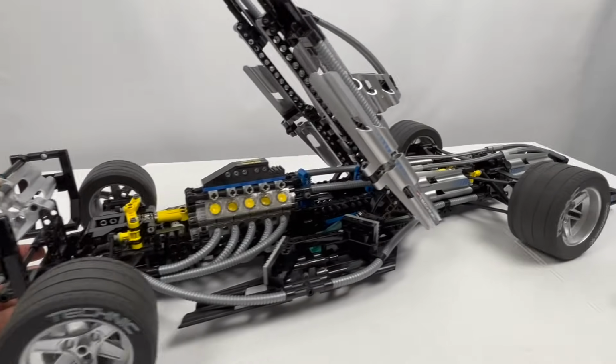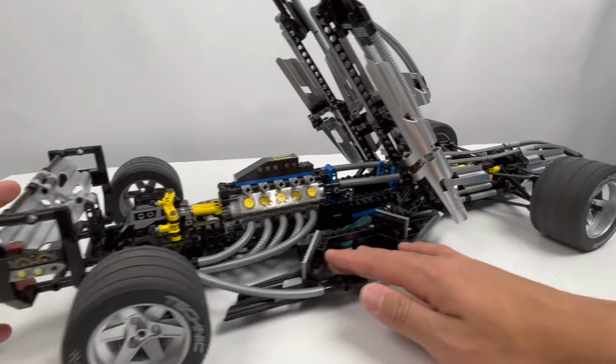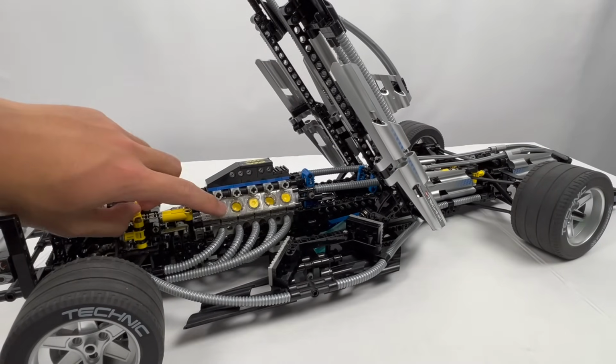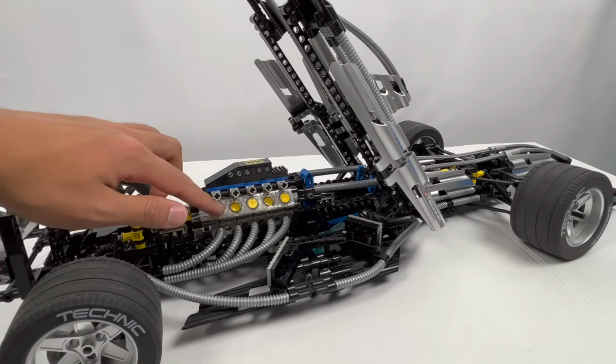Lifting it back up again, you'll notice that as you spin the wheels, it actually moves the engine cylinders. Nowadays, Technic cars have a much more complicated gearbox to achieve basically the same effect with exactly the same pieces. Now, what's really interesting is that these are actually molded in clear, so you could actually see the pistons moving in and out. Eventually, LEGO discontinued the clear pieces and replaced them in favor of just the light gray versions,